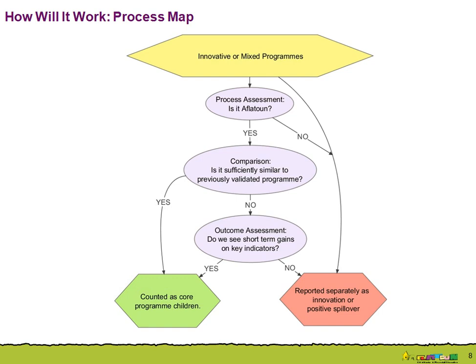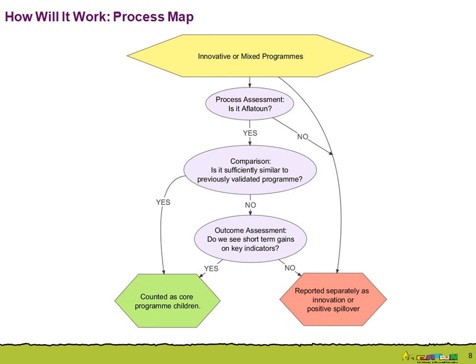This can be verified through just a discussion, but also through a process assessment. So for example, there might be a researcher who comes, observes classrooms, looks at documentation, looks at the curriculum, looks at emails and processes for how the curriculum came to be, and tries to find out if there was an influence by Aflatun as a secretariat or as a partner, and whether the content is, again, like Aflatun.